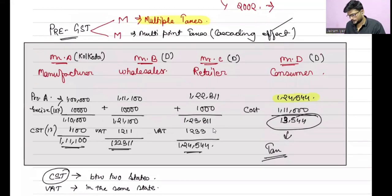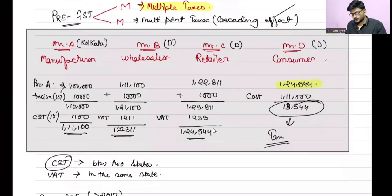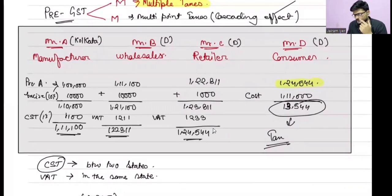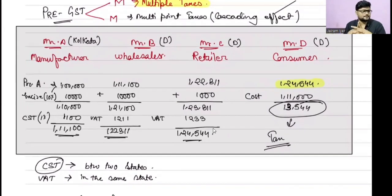Okay, now see, if you remember, at the beginning only I said that when GST first came in, it was not supported by the businessmen. Do you know actually why? Because what used to happen pre-GST, they could easily evade the tax. Why? Now see,